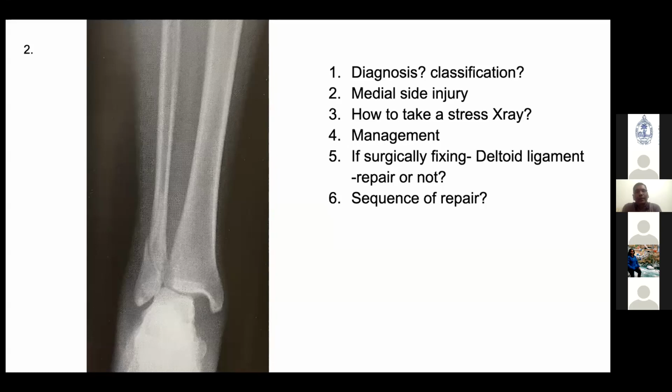So that is the idea of knowing the force that produces this fracture. That's why this classification and all comes. The supination external rotation injury produces this type of fracture. So you reduce the fracture in the opposite direction and take a check X-ray. If you get a very good clear normal space on the medial side and the fibula is well reduced,